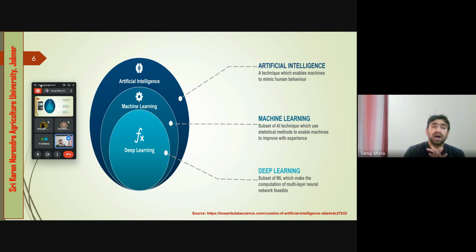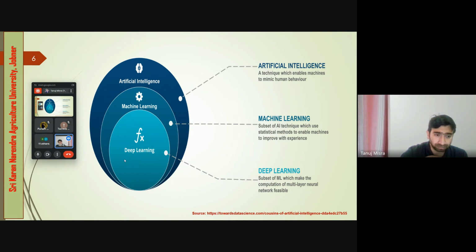And within artificial intelligence, the subset is machine learning. And within machine learning, there is deep learning. So deep learning is a subset of artificial intelligence. Nowadays, we have heard the terms popularly: deep learning, robotics, ChatGPT. These are the technologies, the OpenAI. Within OpenAI, ChatGPT, there are lots of applications that use artificial intelligence, and those are solely based on deep learning technologies.